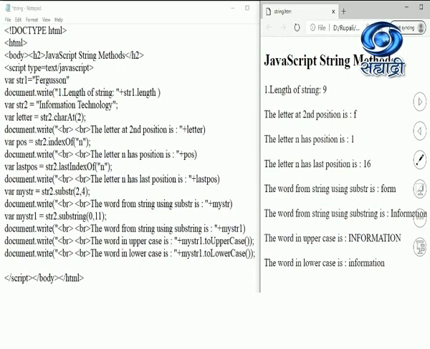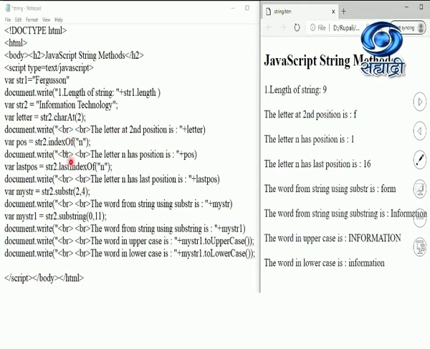String 2 I have mentioned as information technology. Students, over here I have declared one variable called letter. In this I have mentioned that give me the second position character. Now I is the 0th character, N is the first character, so F is the second character. That's why I have got the output that at second position there is F.